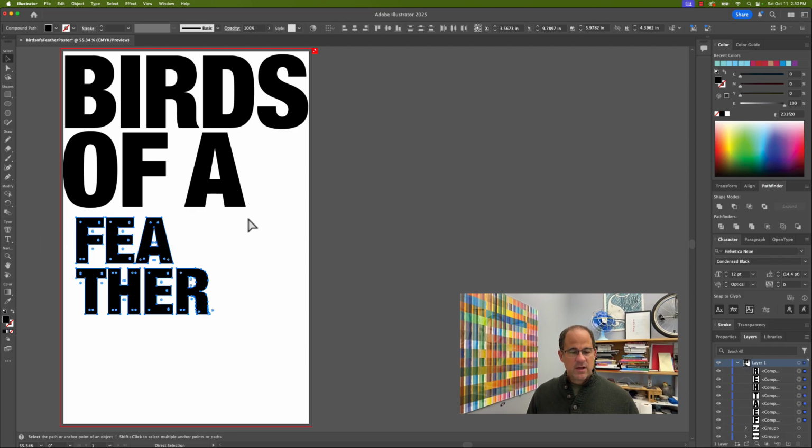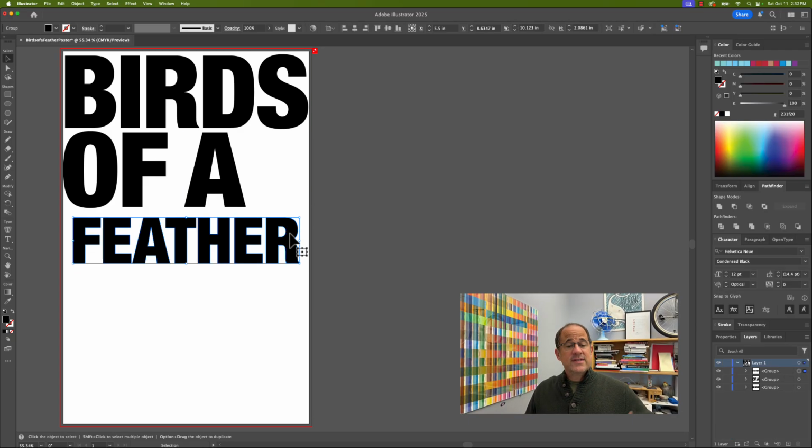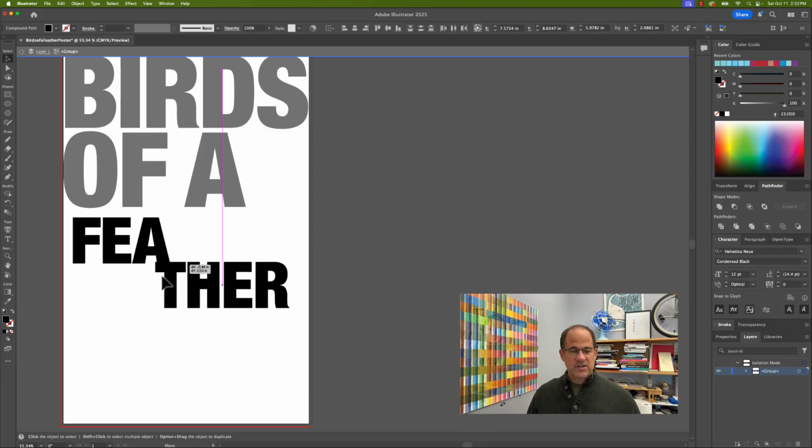All right. But that's a bunch of extra steps. I'm just going to keep it grouped together. And to go inside of that group without ungrouping it, you just double click on it. So double click on the word feather. Notice it shows the breadcrumbs up here saying that I'm inside this isolated group. And I can select the other sections